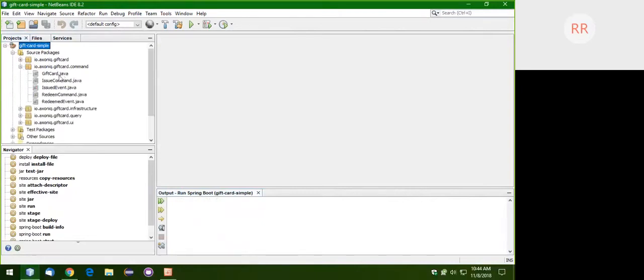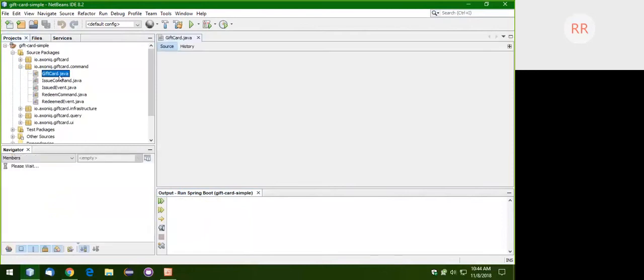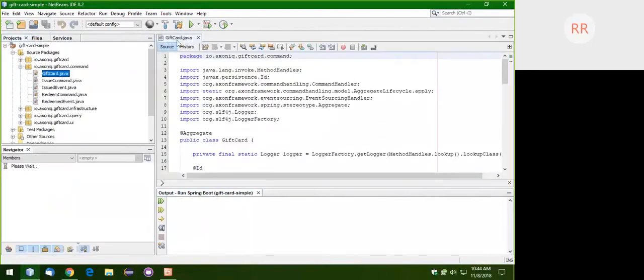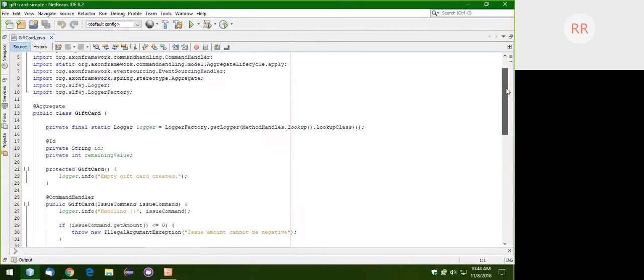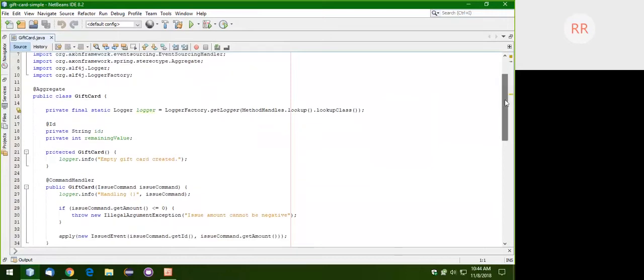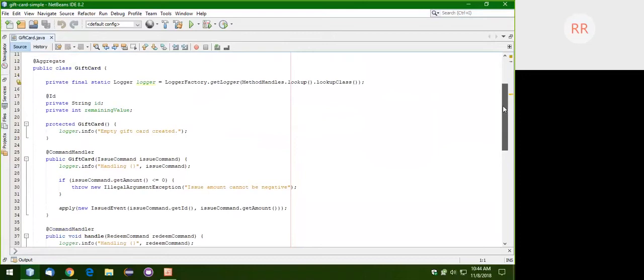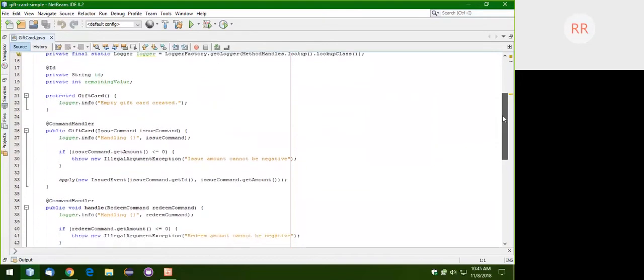So the most important one, where we should probably start, is gift card. Gift card is basically the right side of our model. This is the canonical domain model, if you will. This is how our domain model would probably look if we just had a card application that doesn't use CQRS and event sourcing. As you can see, there's an ID associated with it. You must have an ID for everything that is an aggregate or an entity